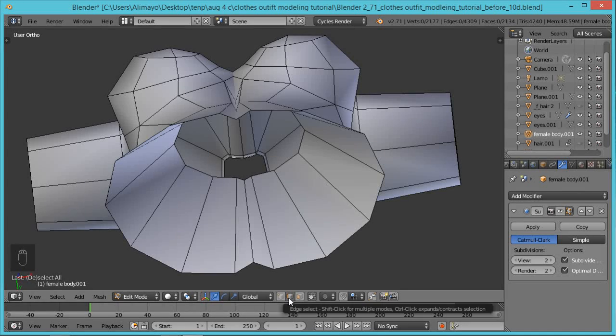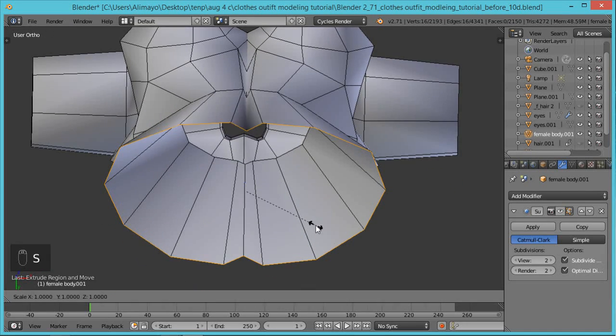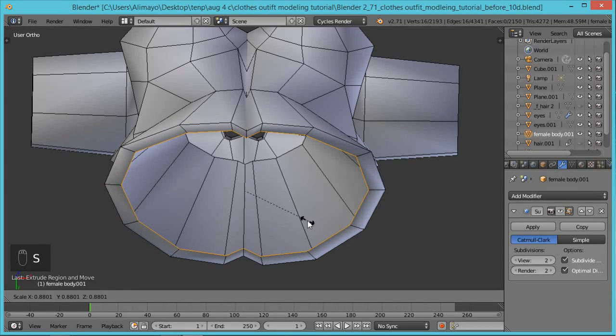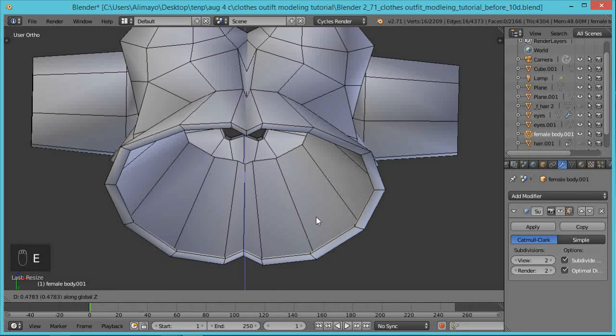So with the edge select still on, I'm going to hold Alt, select this edge right here, hit E to extrude, left click to lock in. I did the E to extrude just to create a new edge right there, new geometry, even though it looks like nothing happened. Now I'm going to hit S to scale and scale in just for that little bit of thickness. Then I'm going to hit E to extrude on the Z axis just to take it